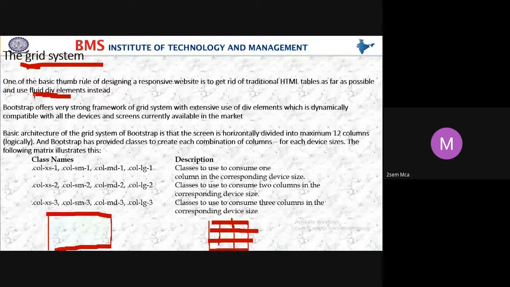Here, to display the output in a grid system, we are using a div element, which is dynamically compatible with all the devices and screens currently available in the market. Students, this Bootstrap we mainly use to develop a web page for the mobile application.